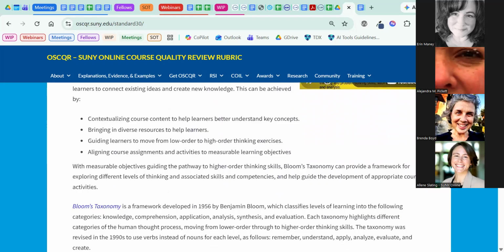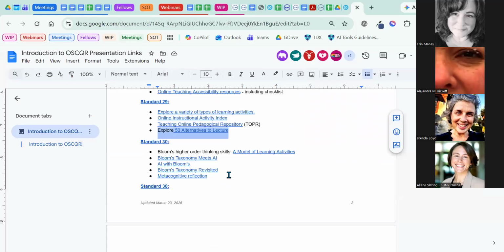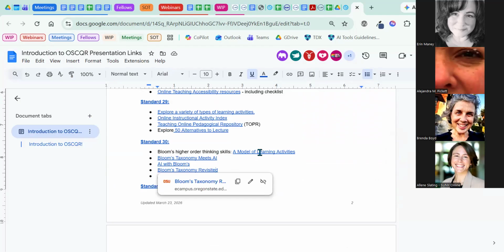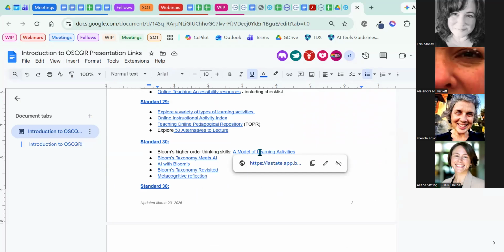At the bottom of one of the Bloom's resources that I shared, there's this cool grid that reminds me of a video game called Qbert, but it's a bunch of little squares all together, and you can go on the cognitive process dimension and on the knowledge dimension and look to see, if you want to hit the create level there of the cognitive process dimension and the factual level, you could generate a log of daily activities.